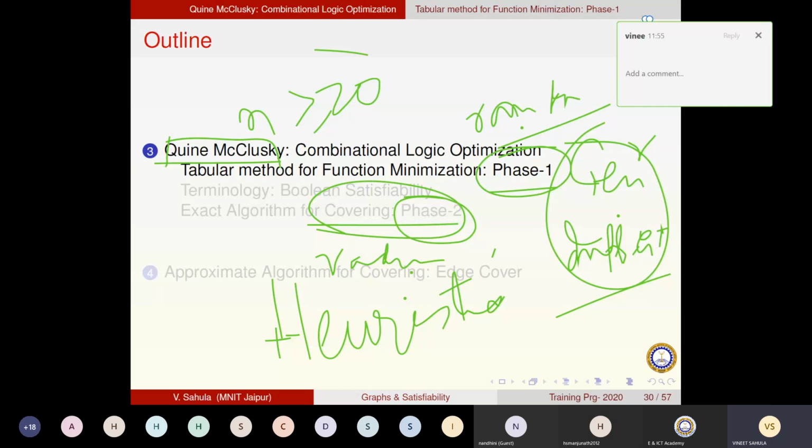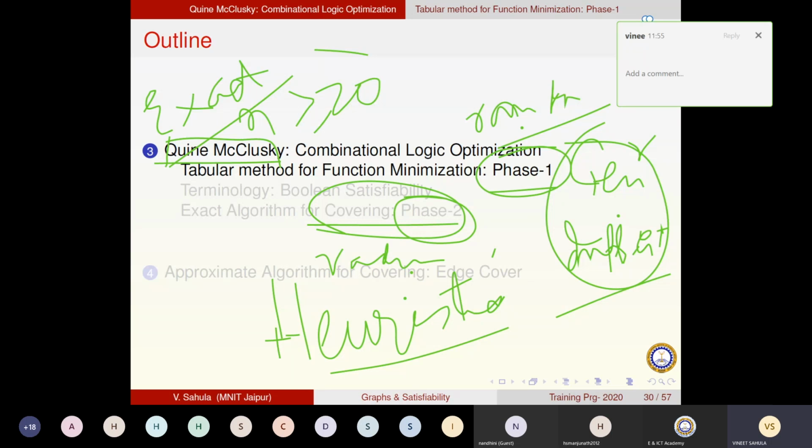So in Quine-McCluskey, we do the exact way. All possible combinations are explored. But in heuristics, they are not explored because we do not have time and energy. This is the only stopping point today, right? Let us take the Quine-McCluskey exact method for phase 1, phase 2, and later on find out how to do it the random way, not the exact way, right?